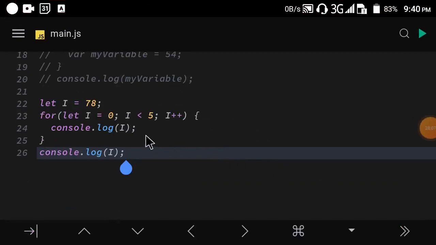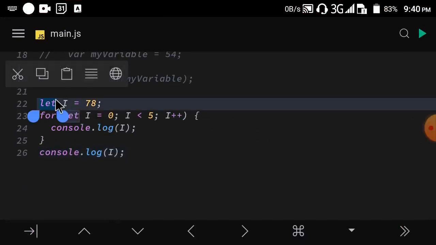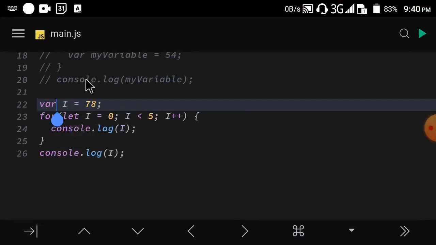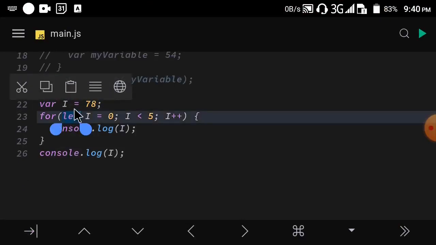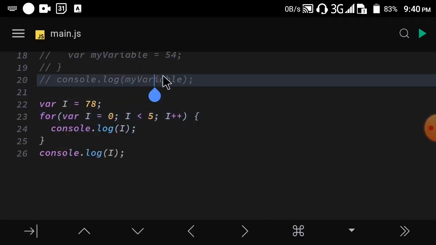Now if I change this let here to var, let's see what happens. We have var like this. So you probably guessed that already. What will happen is that after we have 1, 2, 3, 4 here, when we log I here, it's going to be 4, because we are using the var, and once we change the value of this I inside of this block of code, it's going to overwrite this value that we have here, because the var keyword does not allow declaration of variables locally to a block of code that is not a function. I hope that's understood. So let's see what happens when we run this in the browser,